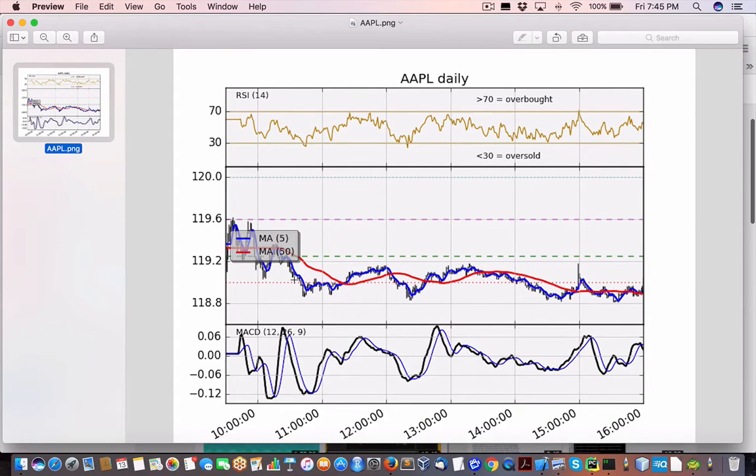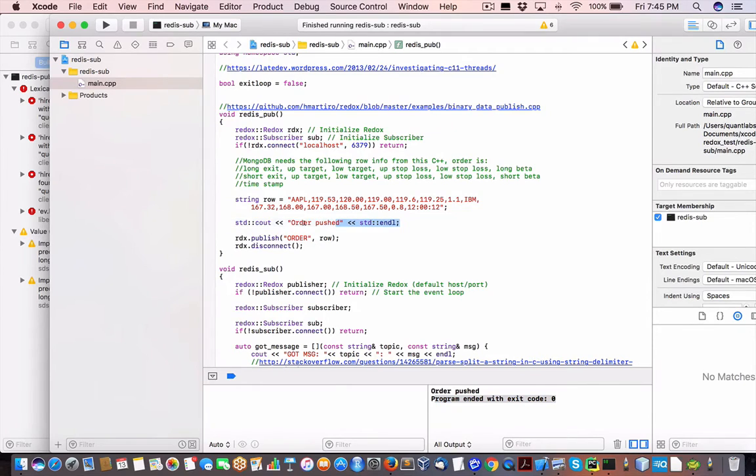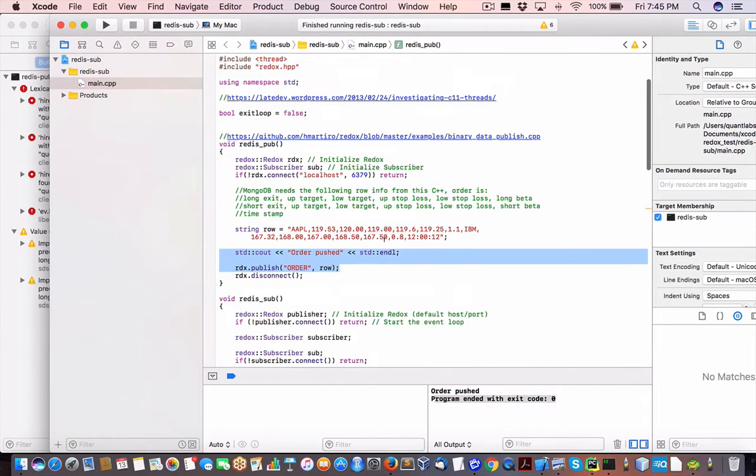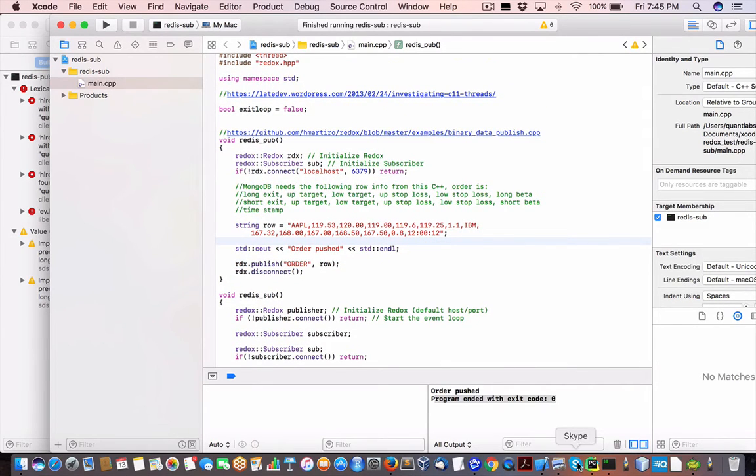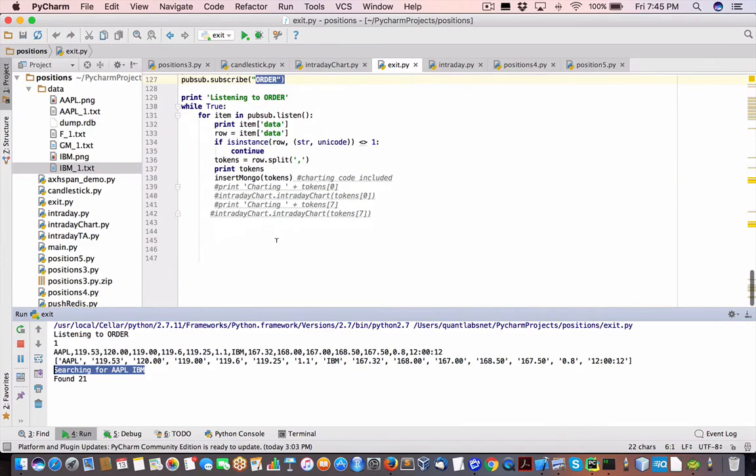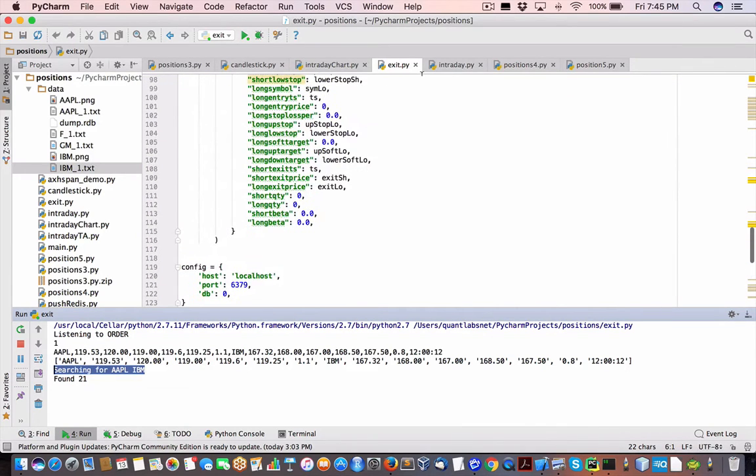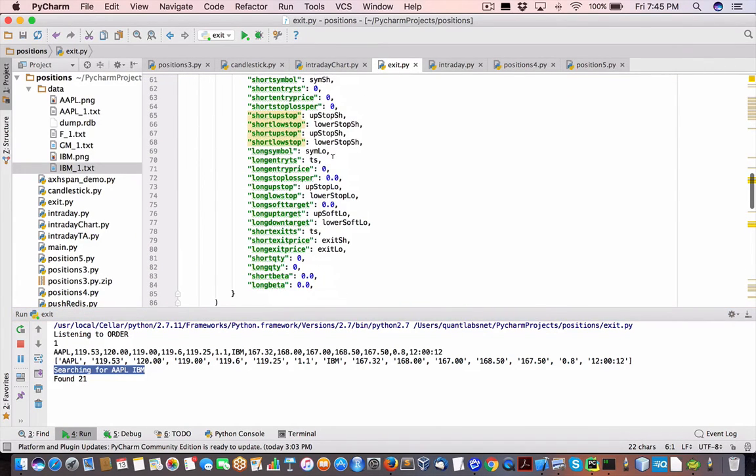And once something gets breached, an exit condition matches, then what we do is we'll send out the order of the exit, and that's what this typifies. This is what it's to simulate. So at the other end, what we have here through the Redis queue is we have this new exit script where it will raise that trigger, or trigger the event of the order, and then, as I said, put in the order